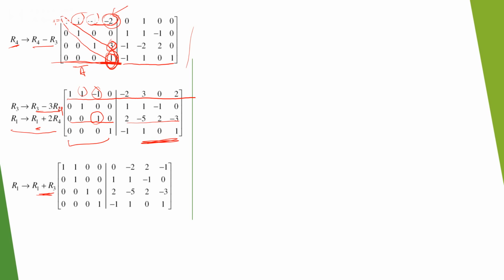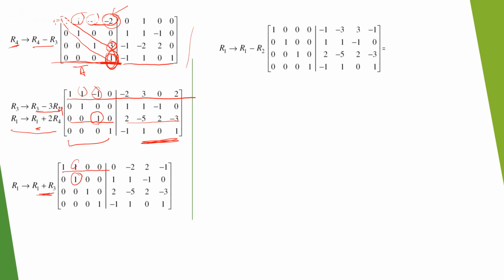If we add R1 plus R3, that element becomes 0. So the first row is 1, 1, 0, 0, and then by the help of the second element of row 2 we make that element 0. So we apply the operation on R1 again, R1 minus R2. So now this matrix becomes the identity, and at the same time the same operations are applied on the right hand